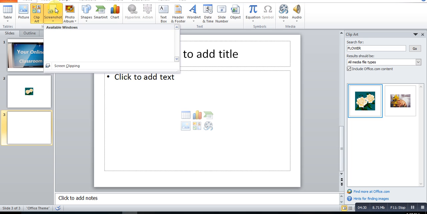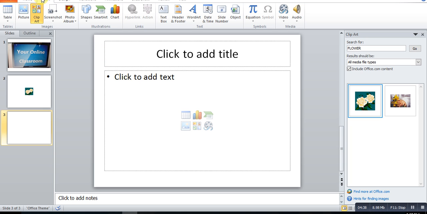So to insert a screen clipping from a window, again, let us click the Insert tab. Then click the Screenshot command, then select Screen Clipping.